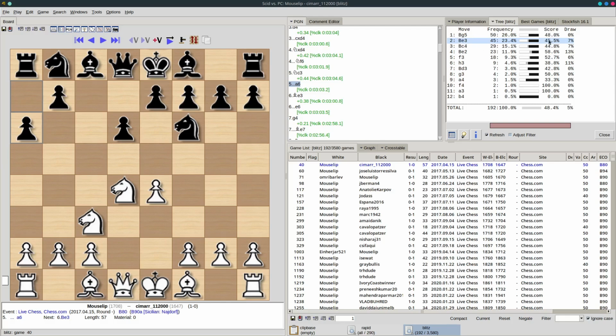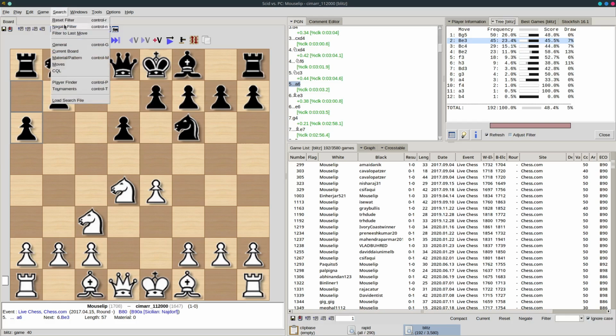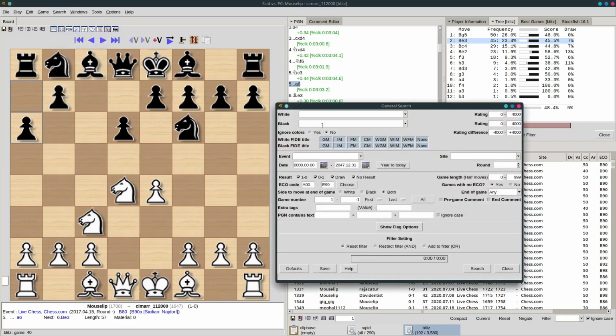Bishop E3 won 45.5%. But I want you to notice down here in the game list that there's a lot where I played white, and there's some where I played black. There's quite a bit on both sides. So let's say I want to see just the games that I played in the Najdorf. I would have to go back up here to search again, general, and then I'm concerned with black, so in the black I'll put Mouselip, my name,